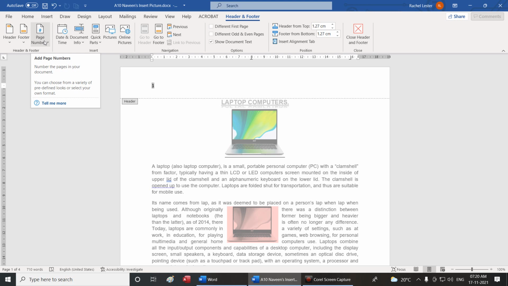Add page number option allows you to insert page numbers.